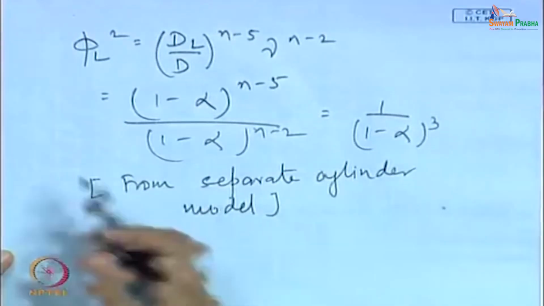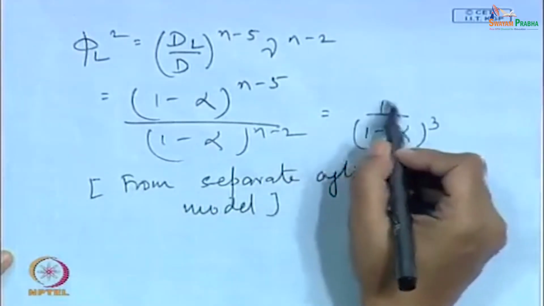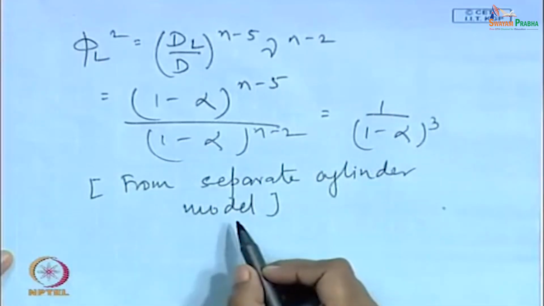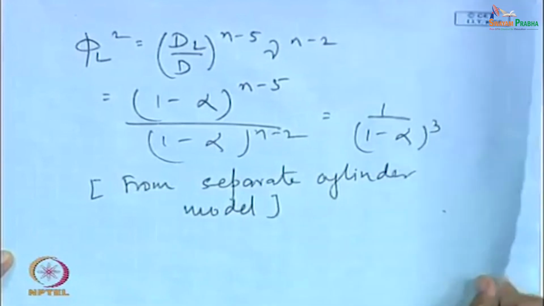So, based on these assumptions, what did we get? We obtained phi L square as 1 by (1 minus alpha) whole cube from the separate cylinder model. Now, let us see what we will be obtaining if we consider the homogeneous flow situation. Now, on considering the homogeneous flow situation,